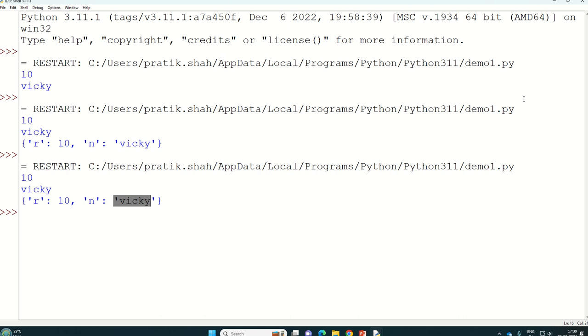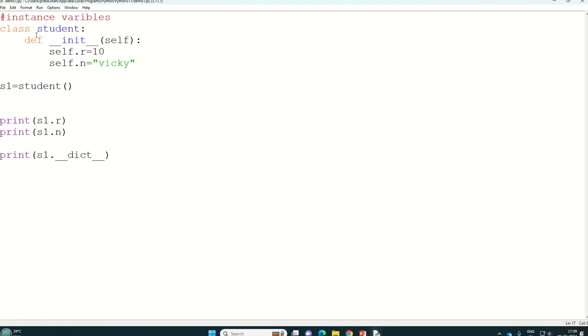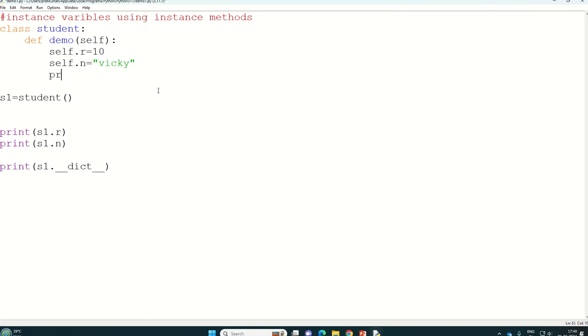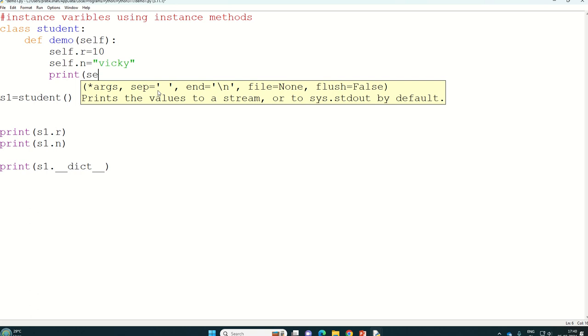Now suppose instead of constructor, in my program it is a part of instance variable only, but instance variable using instance method now. So obviously we will not have the constructor, that is for sure. So I am writing def, and name of my method will be demo, and we will have one parameter, that is self, and I'm writing self dot r equal to 10. Same thing only I'm writing, and inside this only I'm writing the print statement also, that is print self dot r,